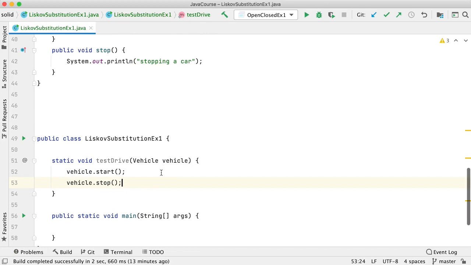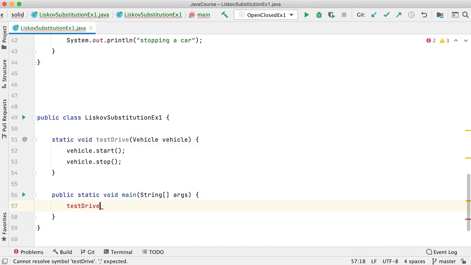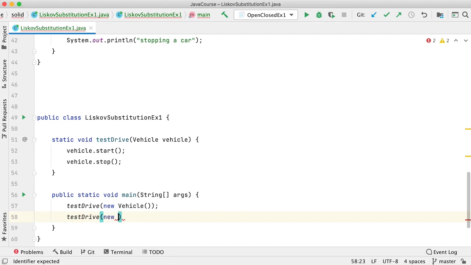Okay, so this particular code is applicable for what? All vehicles, right? So you should be able to substitute the subclasses as well. I can create an object of Vehicle for test drive, and I can also use a Bike for test drive. I can also use a Car for test drive.